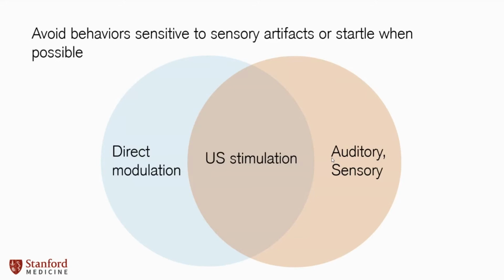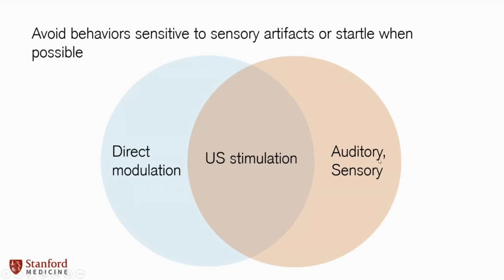And a big red flag advisory here. So I actually will credit this idea to Mikhail Shapiro, who we talked about this in a lecture recently that I was a part of. Ultrasound has mechanical effects. There's no doubt about it. It's really, really difficult to mask them. I would argue that you can never fully mask them. So if you've ever held an ultrasound transducer to your head or to your hand, even if you don't hear it, you can feel it. So there's this sensory component that is outside of audition.